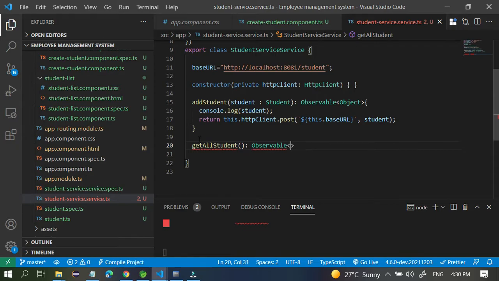So you have to pass here a student array. You want a student array, so pass here a student array, and then after write this.